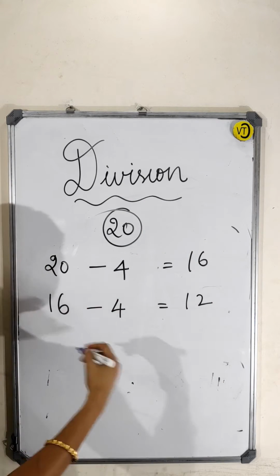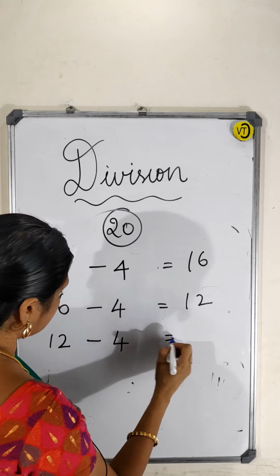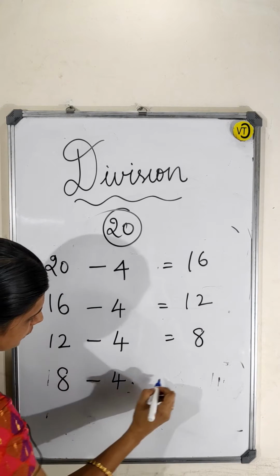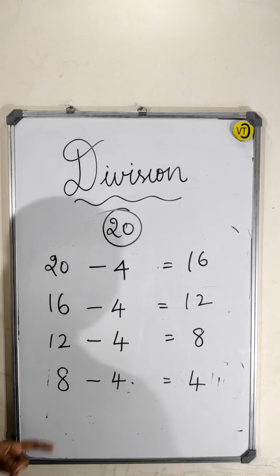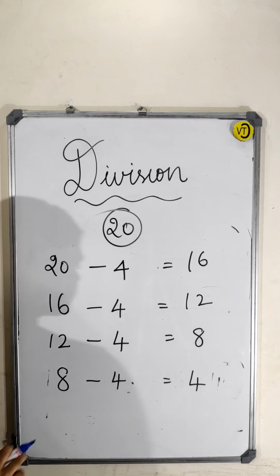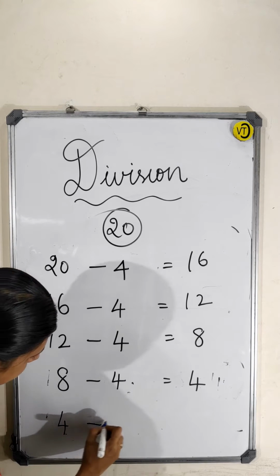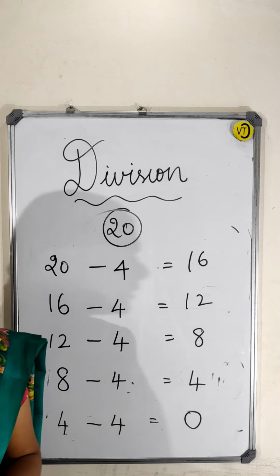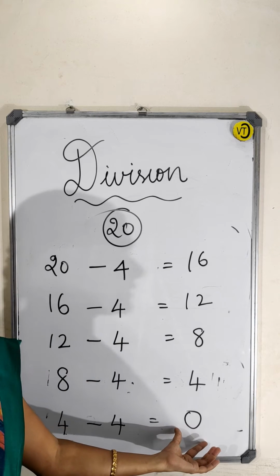After that, repeating the process, she gives 1 more chocolate to each child. Then 12 minus 4 is 8. Then 8 minus 4 is 4. At last, 1 more chocolate is given to each, because she has 4 chocolates. Still, she wants to distribute. So 4 minus 4 is equal to 0 chocolates with her. Now each child has 5 chocolates. Grandmom has 0 chocolates now.